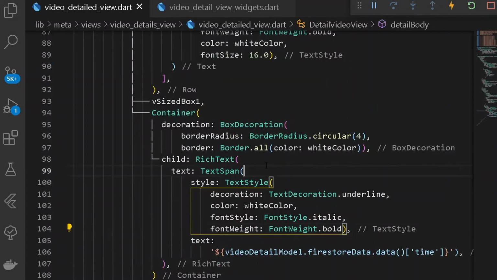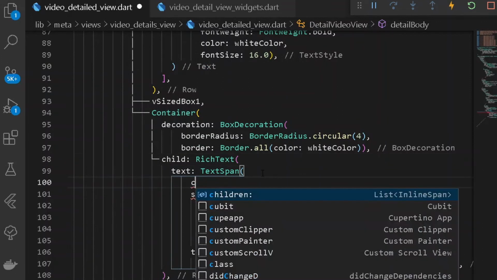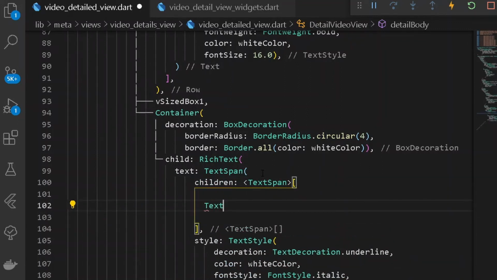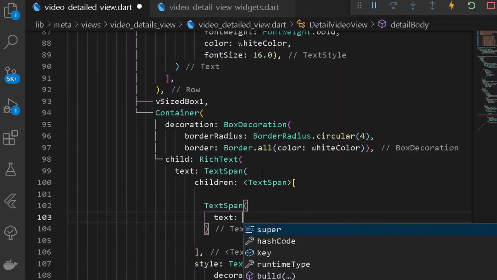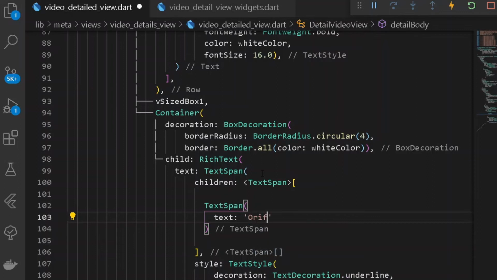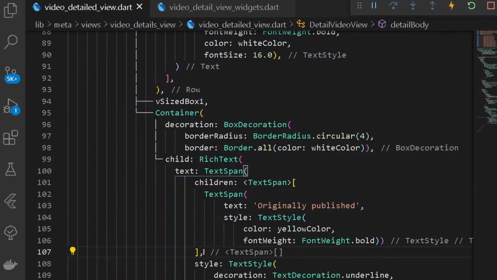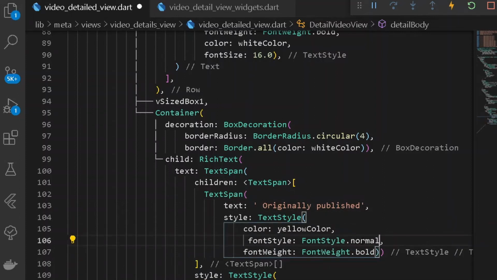Cool. So after having this rich text, that is the main text of our entire text span, let's have the children to it. Under the children, let's have the entire type as a text span. So here let's have a new text span. Under our text span, first of all let's have a new text. This text shall be simply "originally published". Let's add some styling to it. Format document first, but let's have a different color, a yellow color. Cool. Here let's have some spacing between them. But you know what, we can do one thing: copy this line, paste it here, and make this one normal.